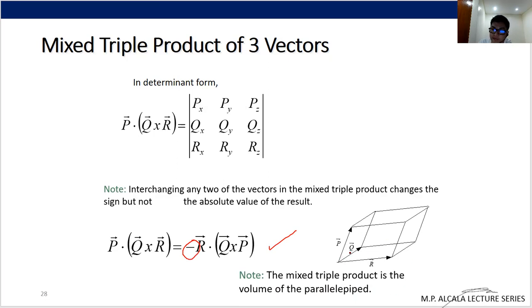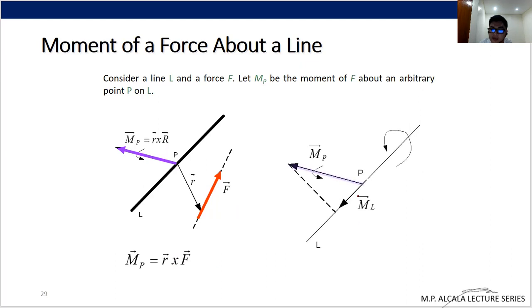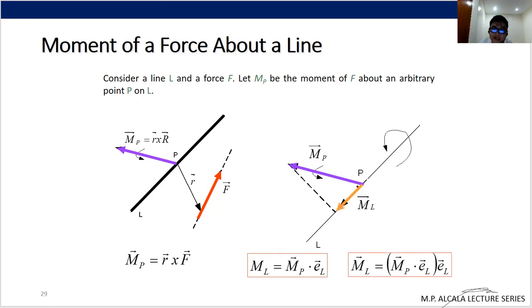As I said earlier, it will give us an insight into the moment of force about a line, an application of the mixed triple product. In this case, we have a force and the moment, R cross F, from a given force giving this moment. In order for us to project the moment at P, we can simply get ML as a projected moment from the unit vector,